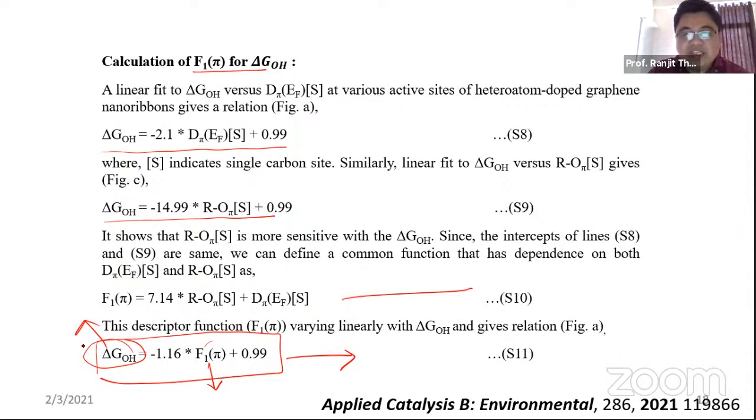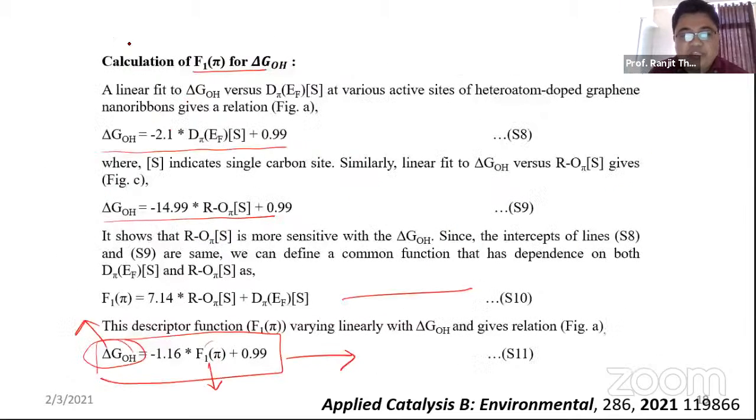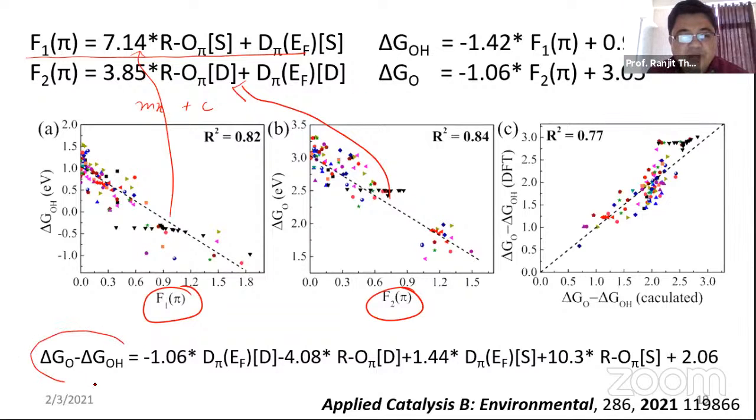Overall, this is the idea. Once we have F1 and F2, if I solve it, F1 is equal to 7.4 and so on, all in the form mx plus c. These slopes are coming from here. If you plot here, you will get everything from this curve, and then F1, F2, and this. So it leads to this equation, and you will get delta G OH and O. Now, if you have to find a quantifying parameter, as I am saying, this is the energy parameter. Now I have developed an equation.